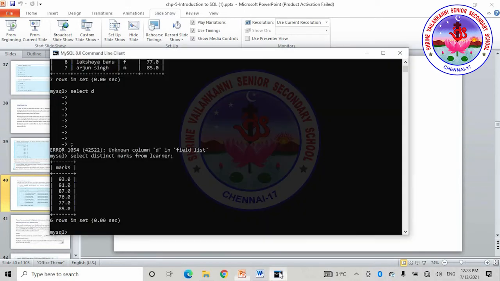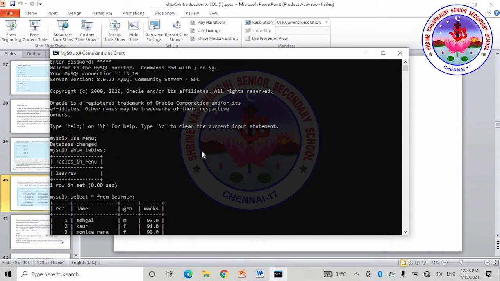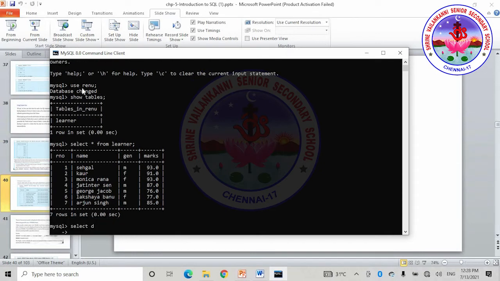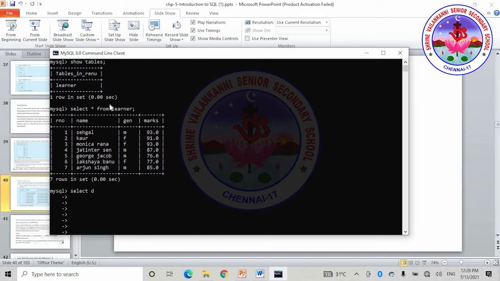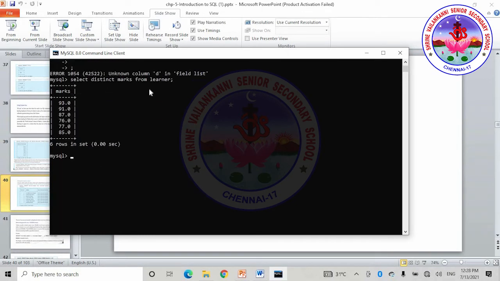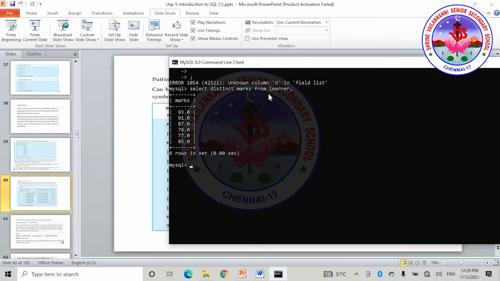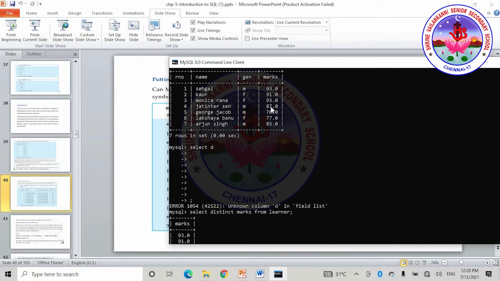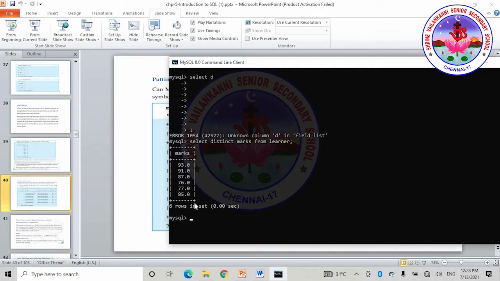And putting text in query output. Before that, I'll show you how this works. We have discussed these things now. After entering the table, it displays the entire contents of the table with select asterisk from learner, and here I have given select distinct marks1 from learner. Select distinct is the distinct query to eliminate the duplicates. Here we have 293, so only 193 has been displayed in the output.